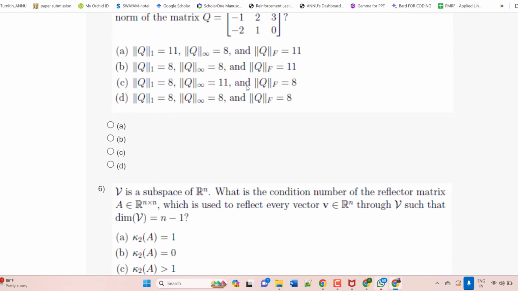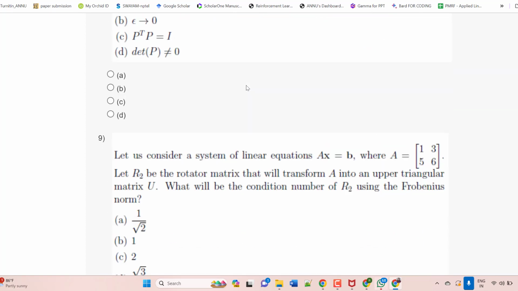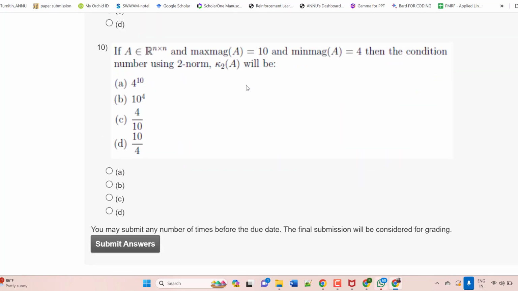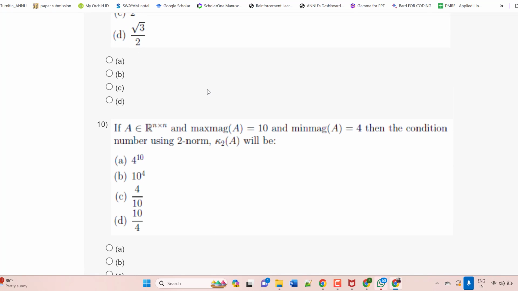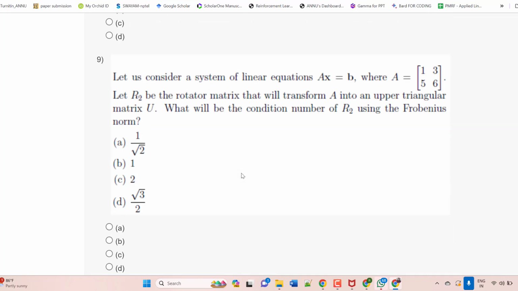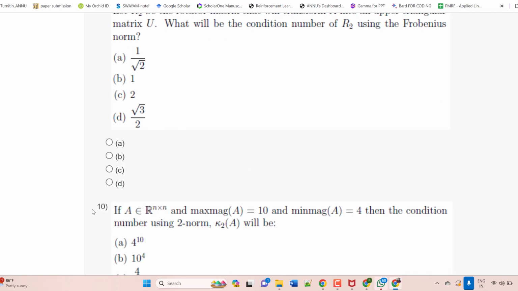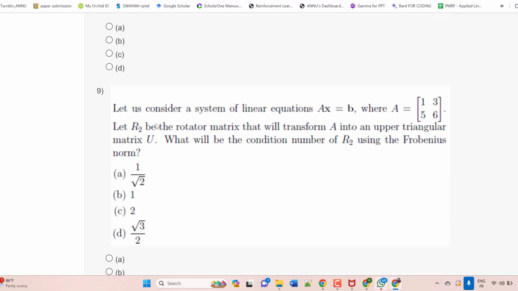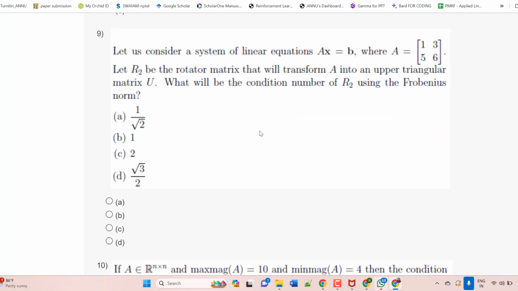This is V space. Okay, this is what a condition is now. I think Viveka, if we go through the lecture properly, then we will be able to solve question number 10. Yes, ma'am. Let's go one by one. Then we will solve some related questions as you are saying in week 5.